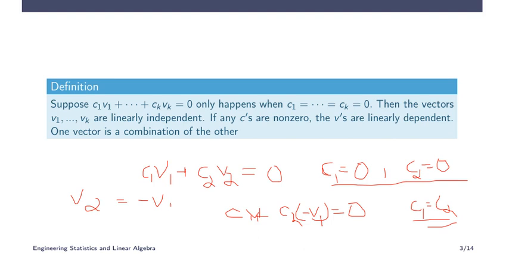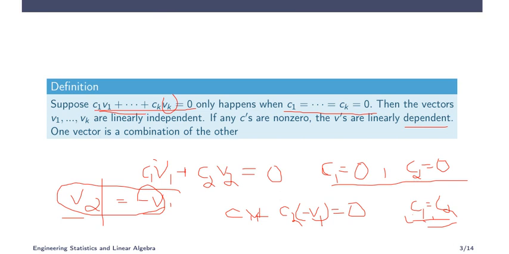This means that v1 and v2 are not independent, they are dependent, and here itself we can see that v2 depends on v1. Another thing is that v2 is represented as a combination of v1, minus 1 times v1, right? So if any one of the vectors is a linear combination of the other vectors, then it is dependent, that is one condition. Or if the linear combination is equal to 0 for any combination other than all zeros, for example here c1 = 1, c2 = 1 gives 0, right? In that case also it is linearly dependent.